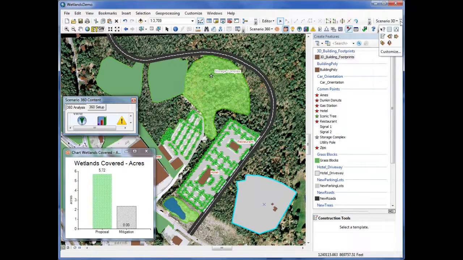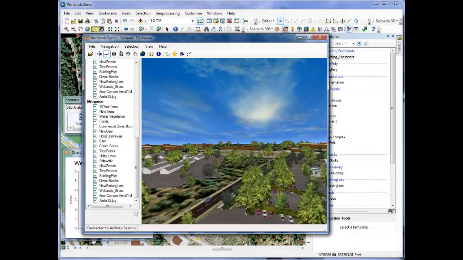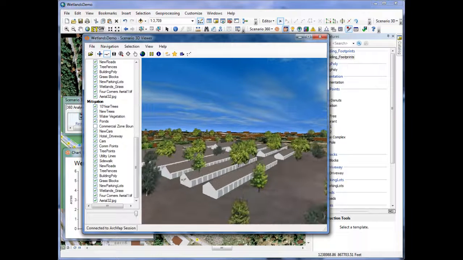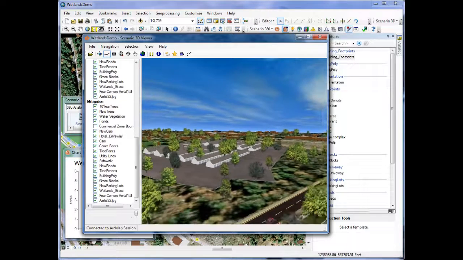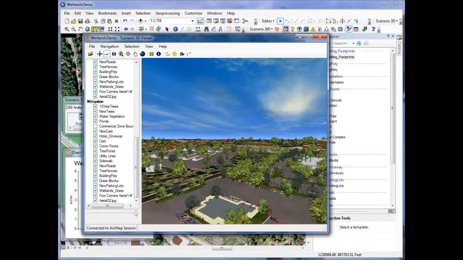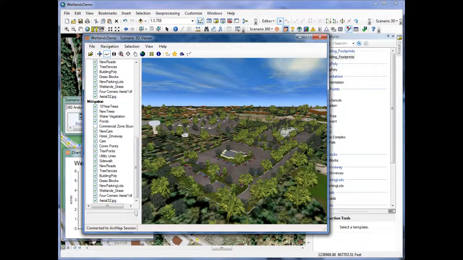If I want to look at that now in 3D again, I have to do a couple of settings with Scenario 3D. Then I'll have to re-export those layers that I've changed, and that will take just a couple of minutes. And when that's done, I get something that looks like this. You see that it is the same hotel, but now over on the other side of the road, I see my storage units. This isn't quite perfect because I didn't tear down those trees and build a road, etc. But I think you can get a sense of what it might look like to move the storage units over there. So that is the conclusion of this demonstration of some of the ways you can use CommunityViz for wetlands management